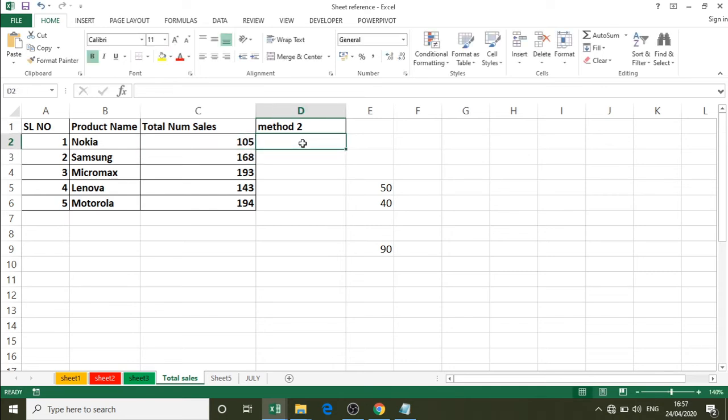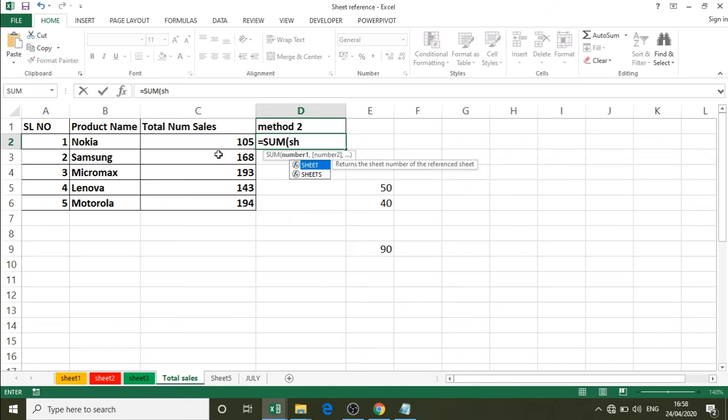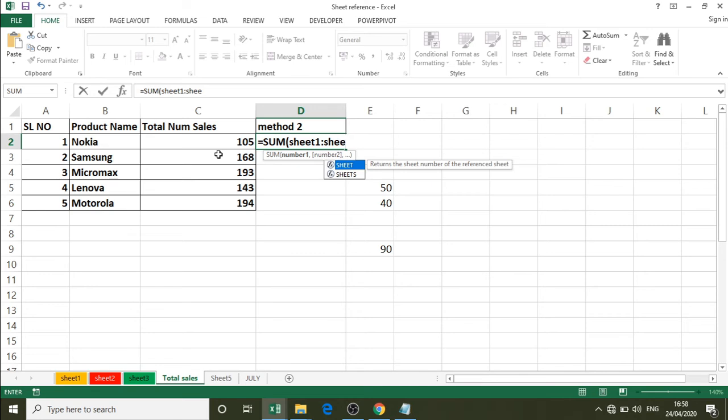Here I will be using, just like how we use a cell range, the function SUM and a sheet range. Instead of a cell range I am using a sheet range, that is the first sheet, colon, then the last sheet, that is Sheet3. Then in all the sheets I am referring to the same cell address, so I will give it as C2.